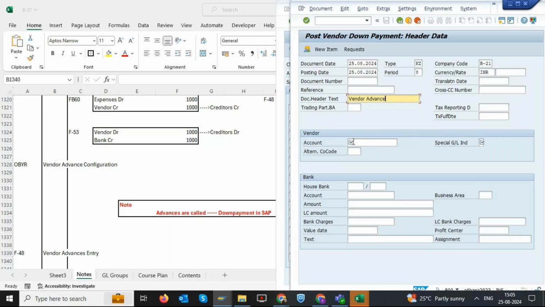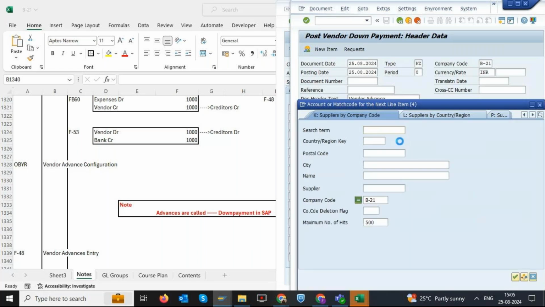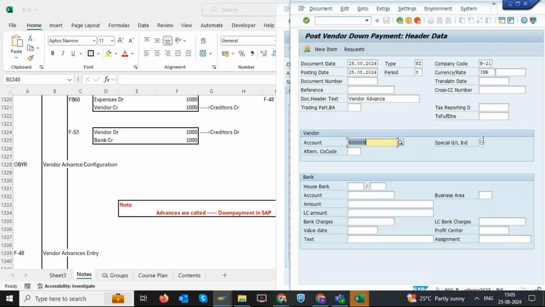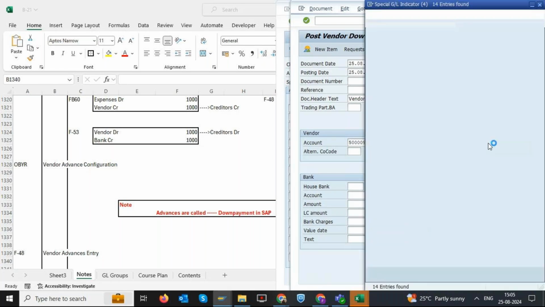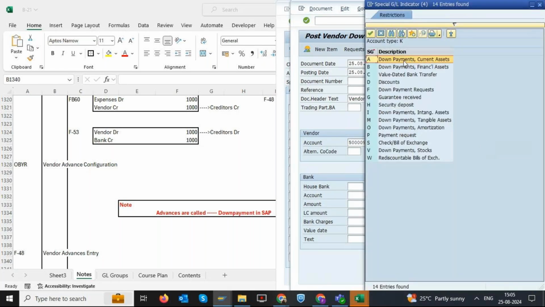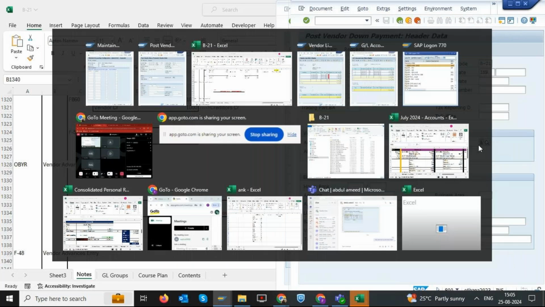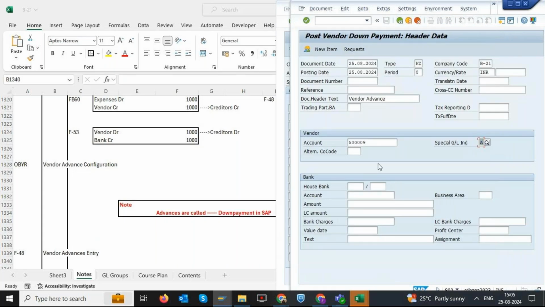And the vendor account, which vendor account you are paying. See here, we don't have the open item or something. We have directly the indicator A, the special GL indicator. That means the system is going to ask you what type of advance it is. It's a down payment of current assets, which we have activated for our company, A. I selected that A here for this vendor, so that when I'm making a payment from my bank to this vendor, let me take 1000 rupees,